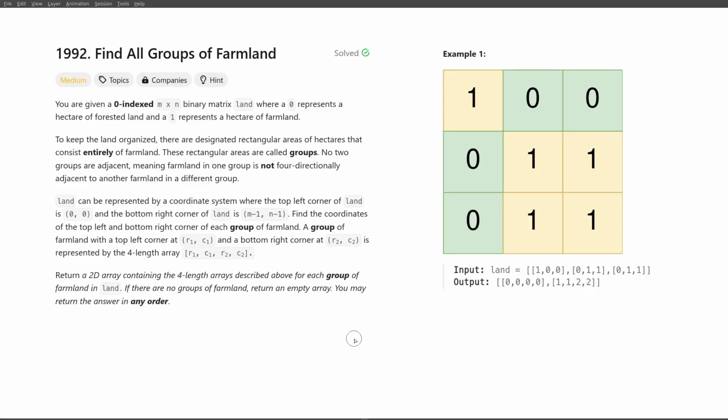Hello everyone, today we'll talk about the problem find all groups of farmland. We're given a binary matrix, so a two-dimensional array consisting of zeros and ones. Zeros represent forest and ones represent farmland. We're also told that farmland was cut out of the forest as rectangles and that those rectangles are not four-directionally